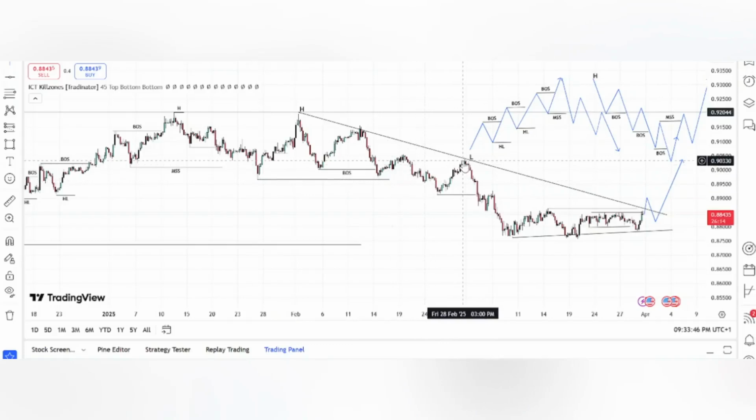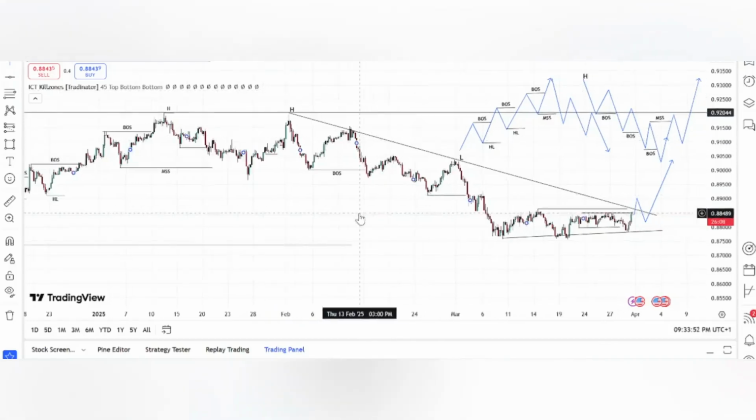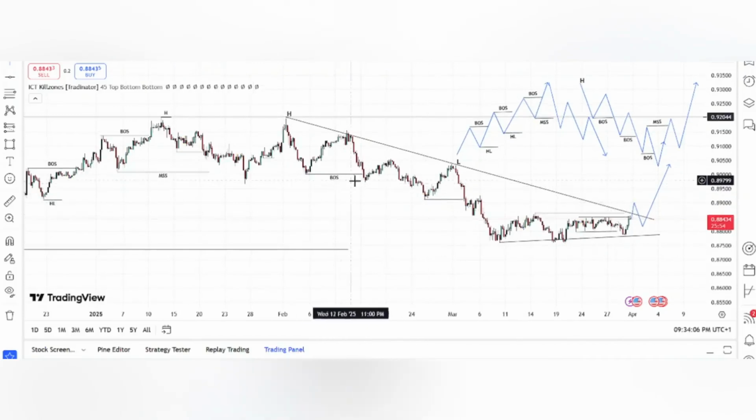Then this was a lower high, but then we can use this inner flow here. So let's say this is a break of structure, this is a retracement. So this is the next break of structure, the next lower low. After this lower low, because we know it has broken structure, you see several structures, so wait for retracement